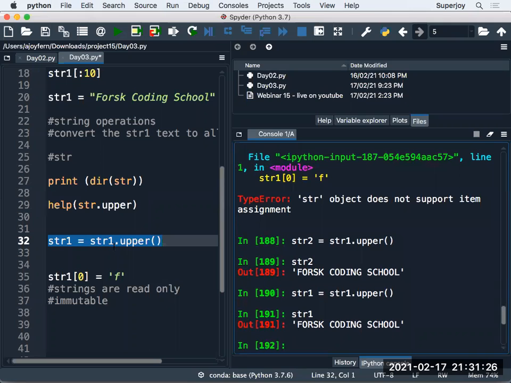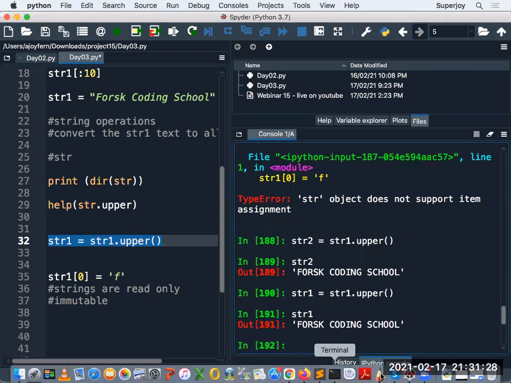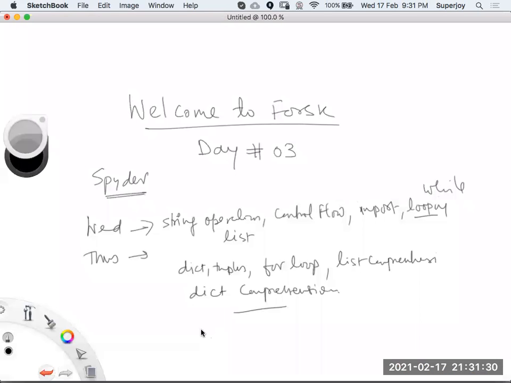What does it mean? Let's see what is happening in memory. See here what happens in Python in memory management. Let's say this is our memory, and we have done this statement: str1 is equal to fosc coding school.